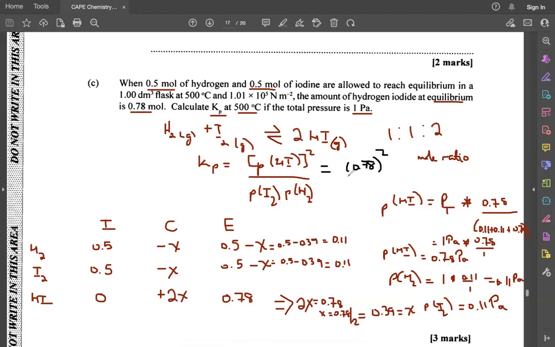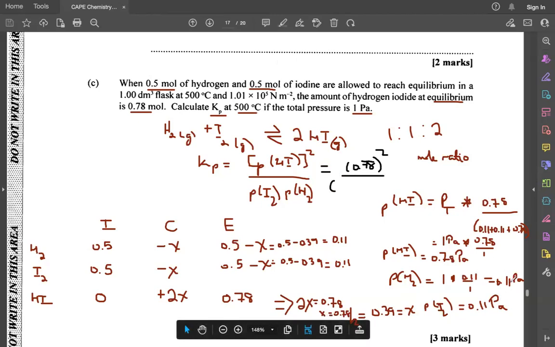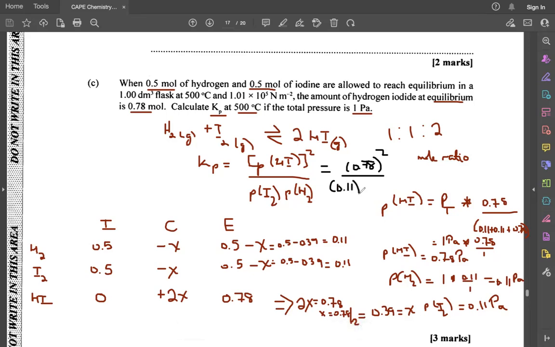Remember, they squared it here. Then we have to divide that by the 0.11 for the I2 and the 0.11 for the H2. So that would be 0.11 times 0.11. When we plug that into our calculator, we're going to end up getting